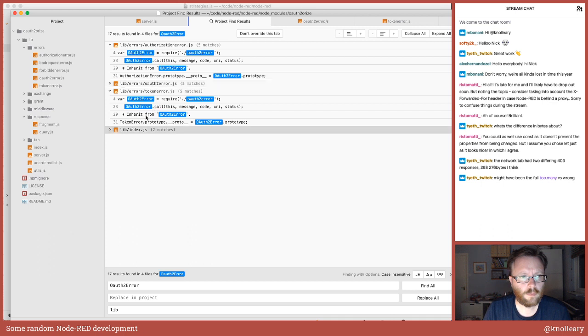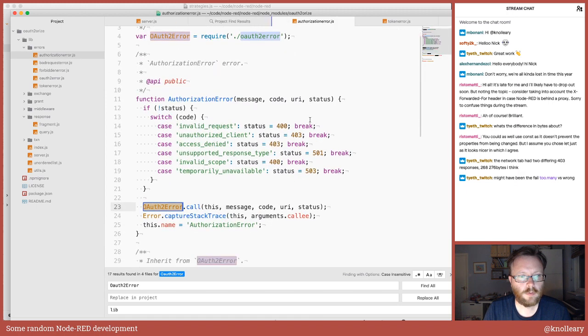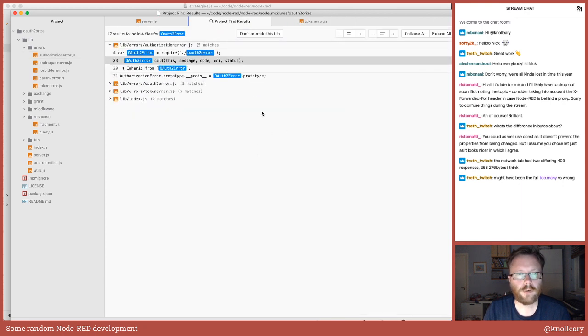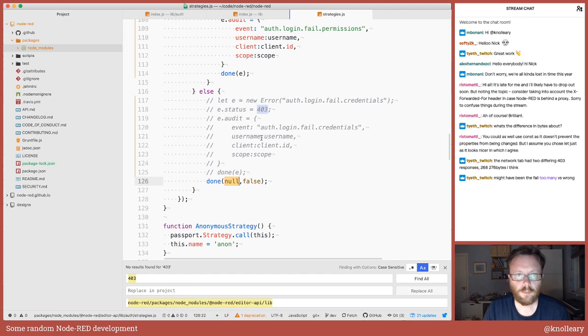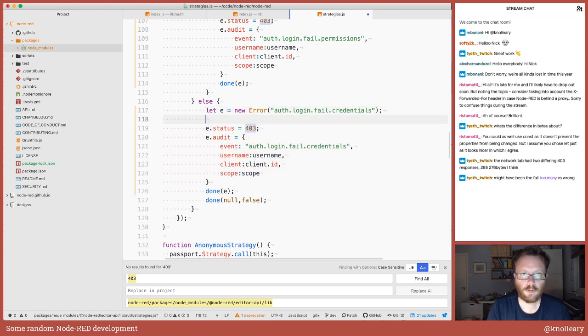So where do we actually create? I think it's going to be... the fact it calls the variable code means I'm going to try, if we say invalid grant,